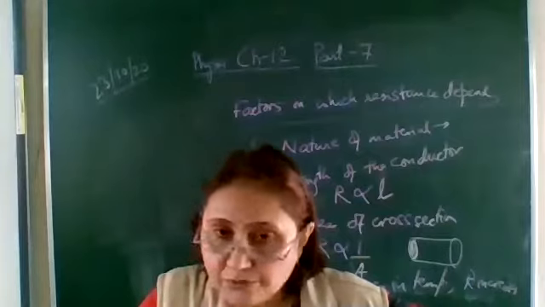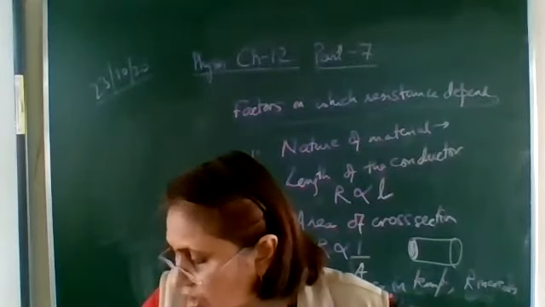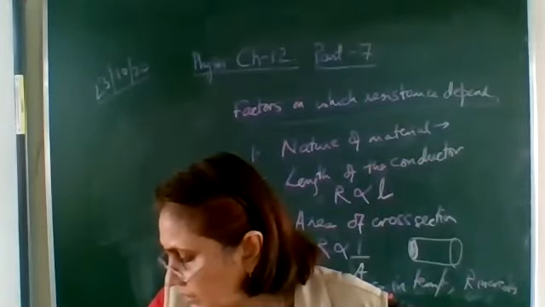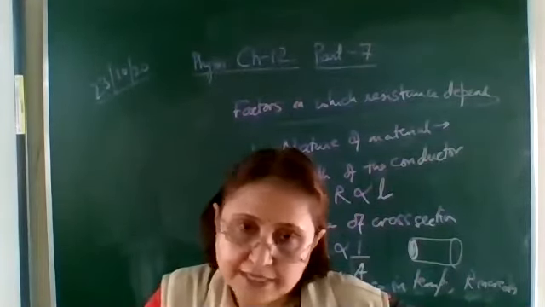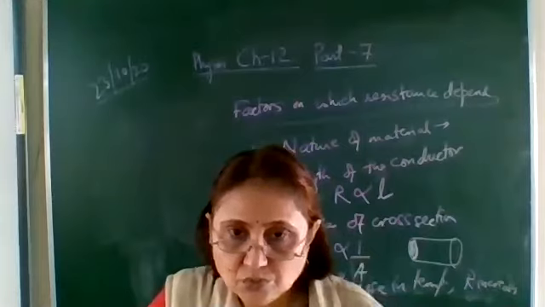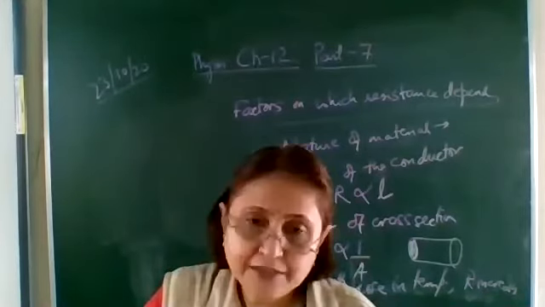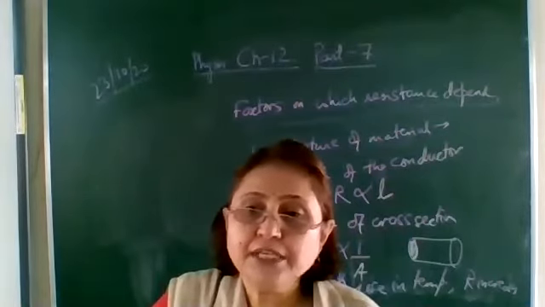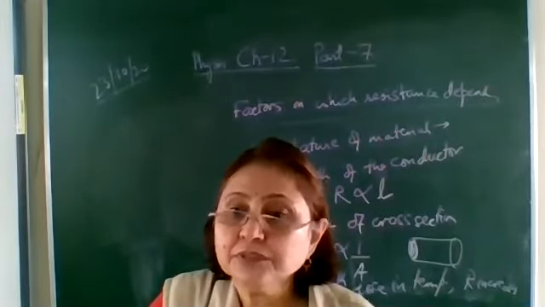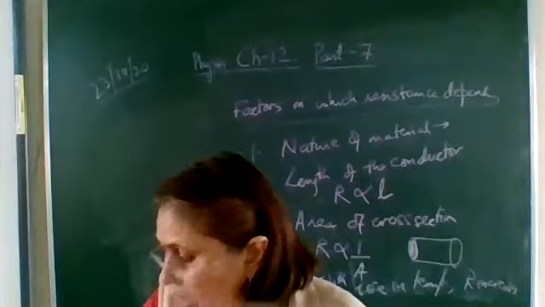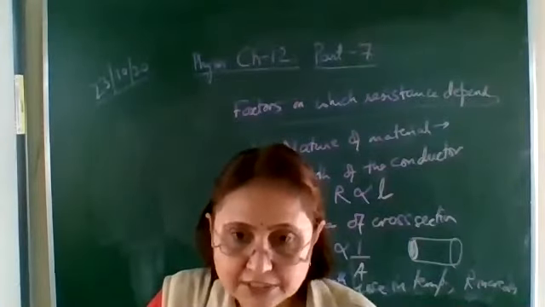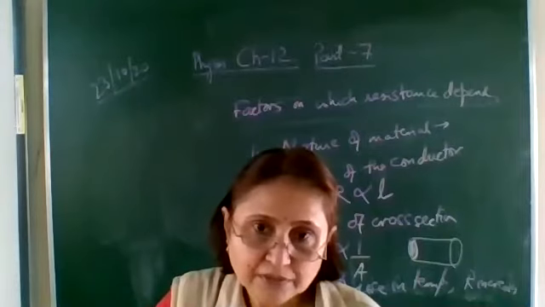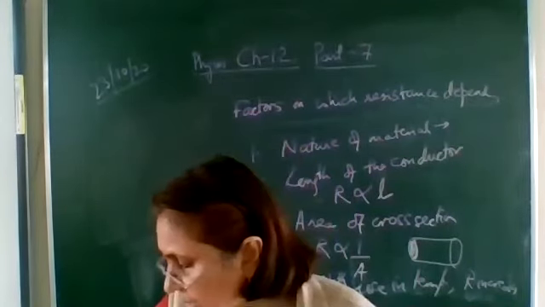Take a nichrome wire, a torch bulb, a 10-watt bulb, an ammeter, a plug key, and some connecting wires. So what do you need? Wires and conductors of different materials. The first one is made of nichrome. The second one, a torch bulb, has some other resistance and is made of some other material. A 10-watt bulb is also made of some other material.